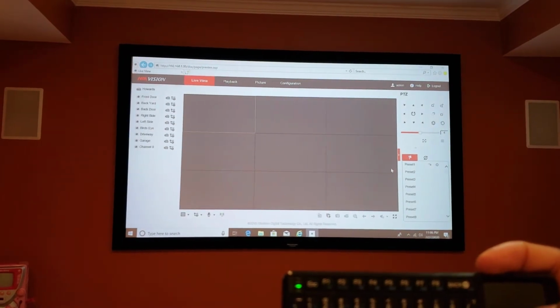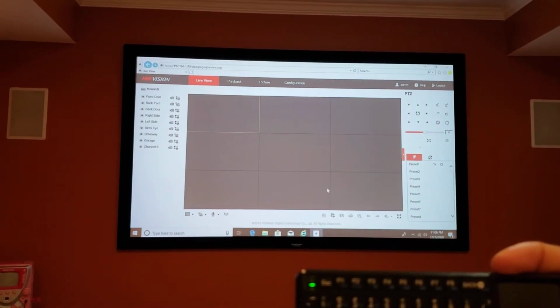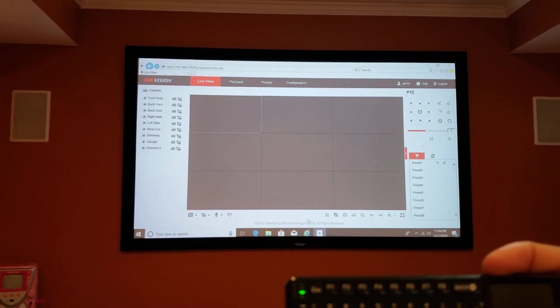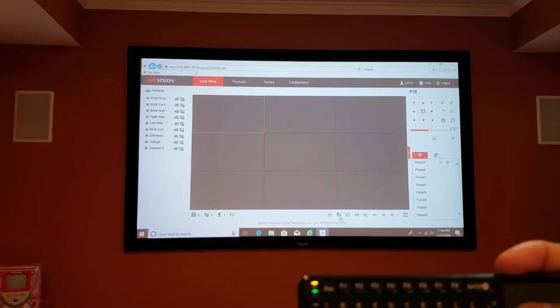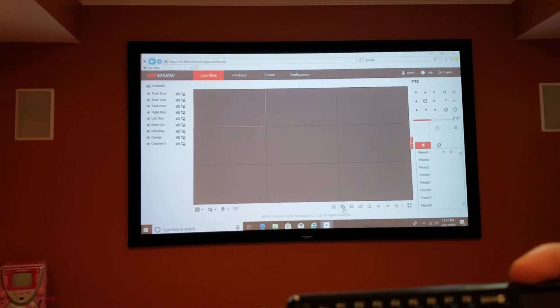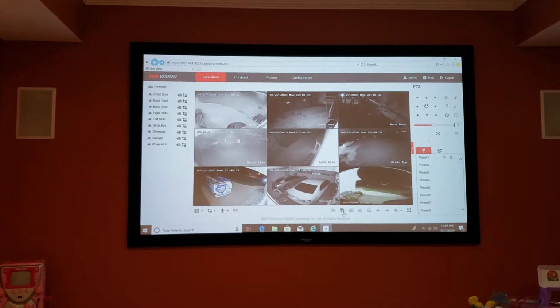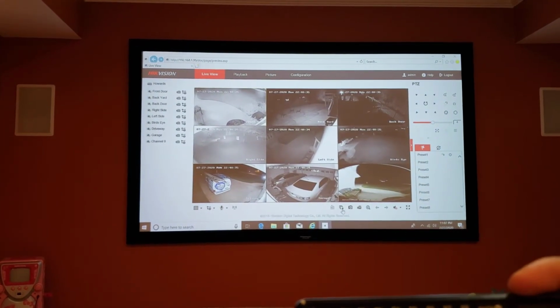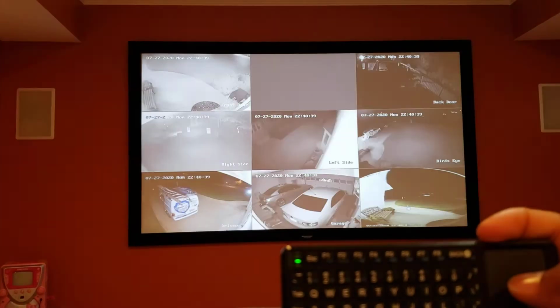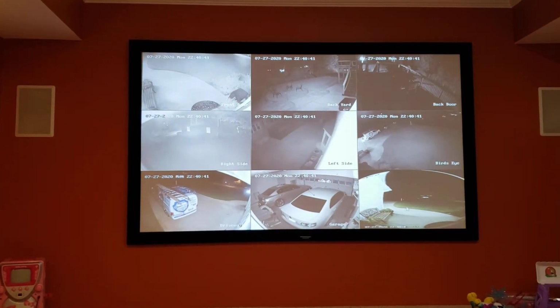is the interface is up, just like we're on a computer. In NVR Explorer, I had already downloaded the drivers to it that it prompts you to download. And then I'm gonna go ahead and hit the play button, and all my cameras pop up. It's pretty cool. And then I can kind of move over here and blow the screen up and see all my cameras,